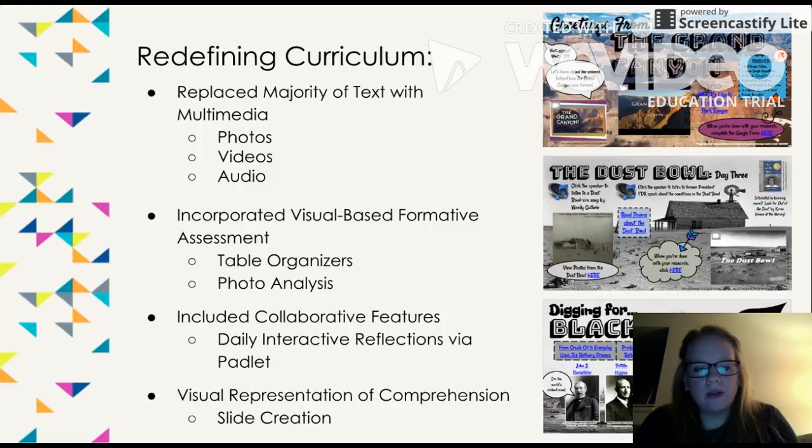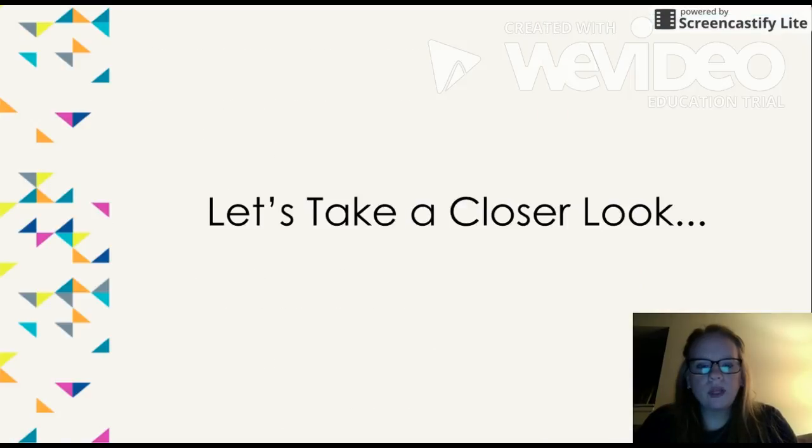And then for those students who finish early, there's a whole creation activity where they create a slide. They do a little bit of research on a topic, and then they create a slide in a collaborative slide doc where they show what they've learned. So I'm going to switch over now to my actual Hyperdoc and show you in a little more detail exactly